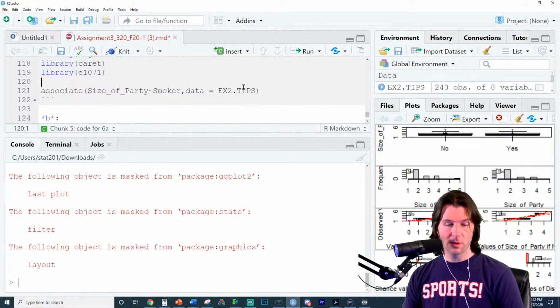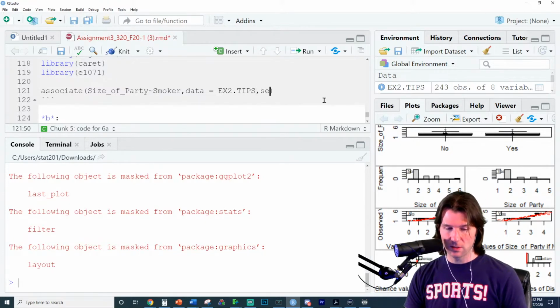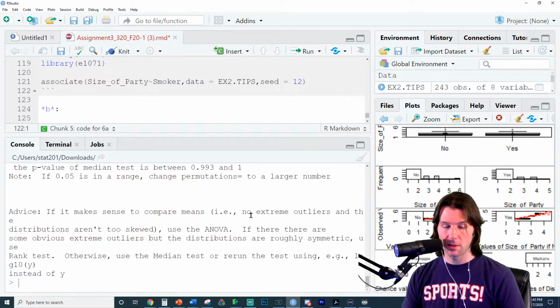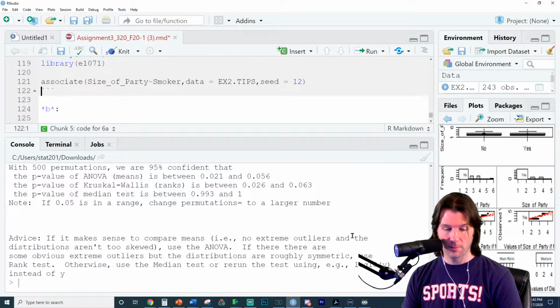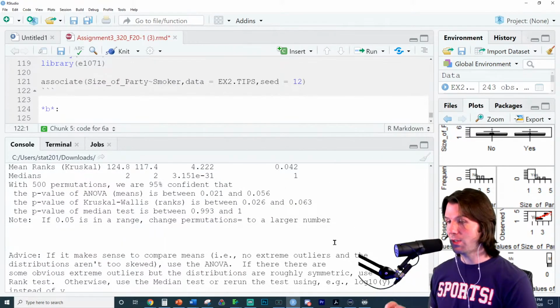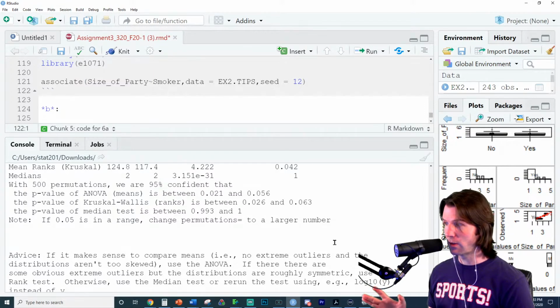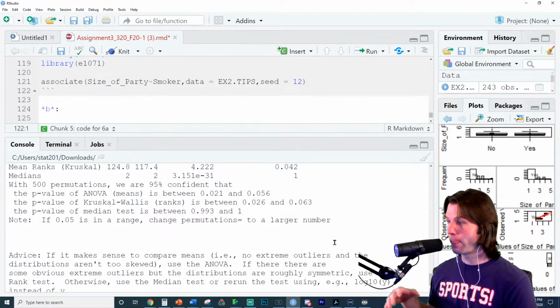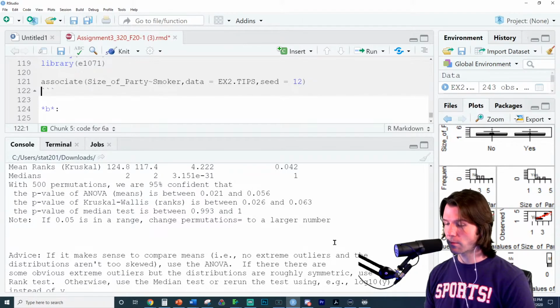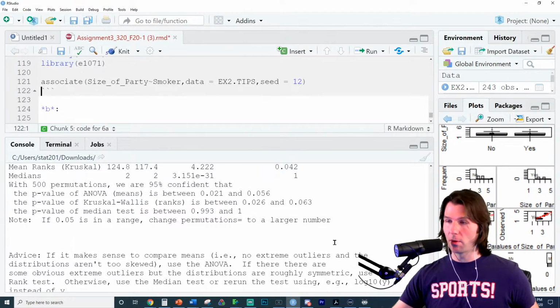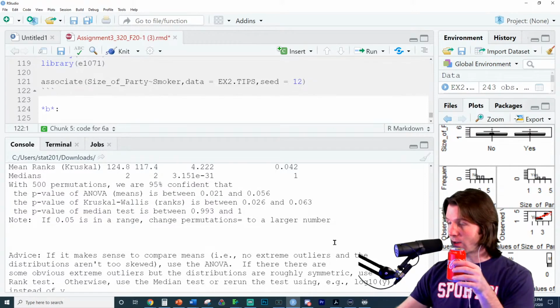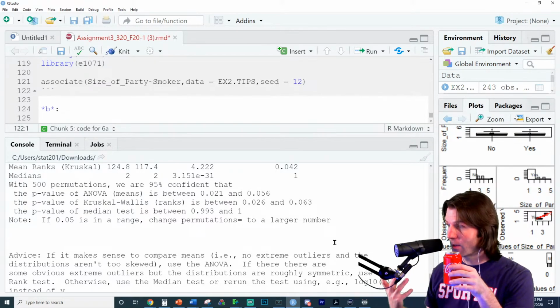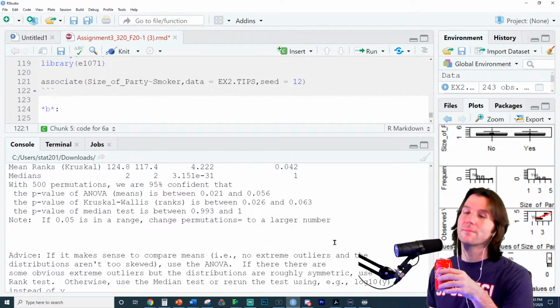So that's what we've got going on right there, and here's the code to give the results. But one thing we probably want to do is set a seed. This is something it doesn't tell you to do, but something I mentioned in class today. If I set the seed to 12, what will stay the same every time I run this? If I set the seed, it'll still be this, but I'll always get the same this.